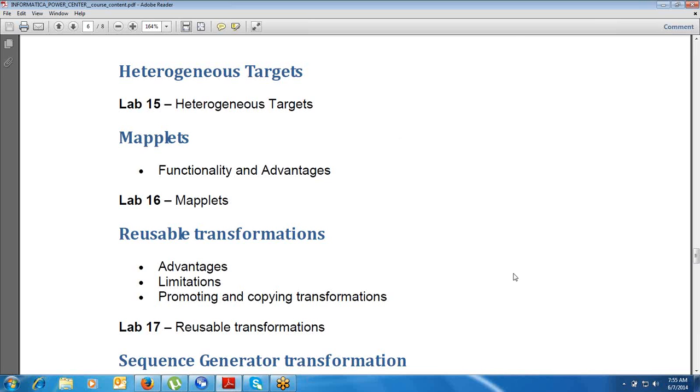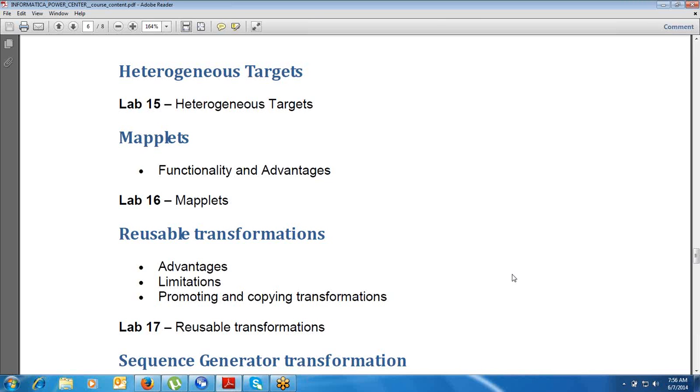Okay. Similarly, as I can create a maplet, I can even create a reusable transformation also. For example, I have the expression transformation, which is used to do aggregate calculations. To do the aggregate calculation operation, I can save it as a reusable component.